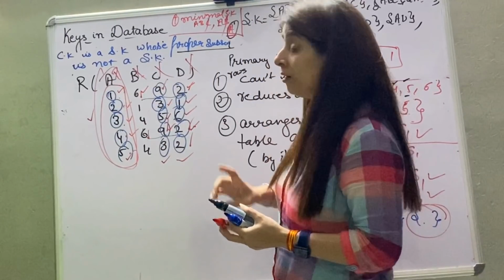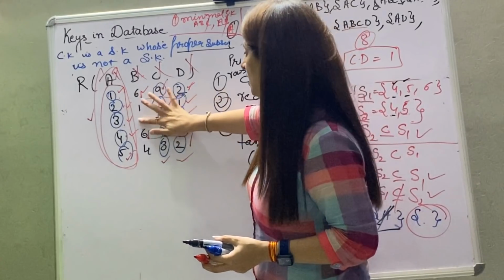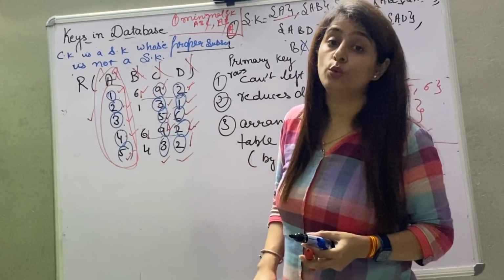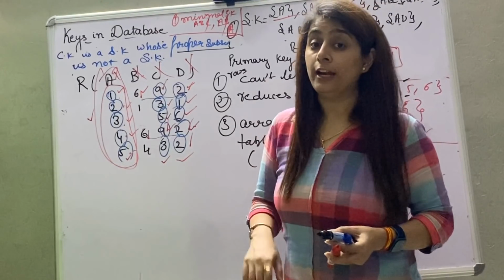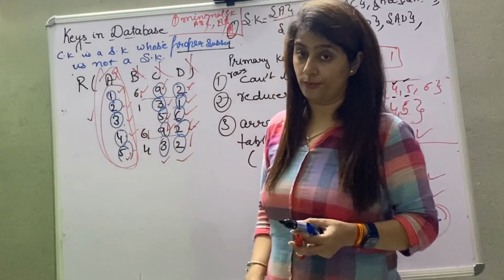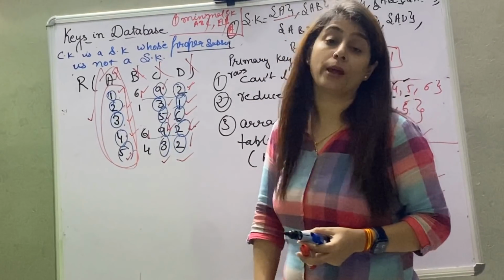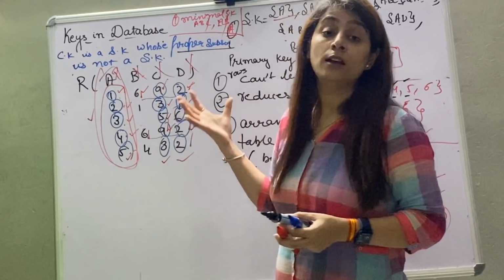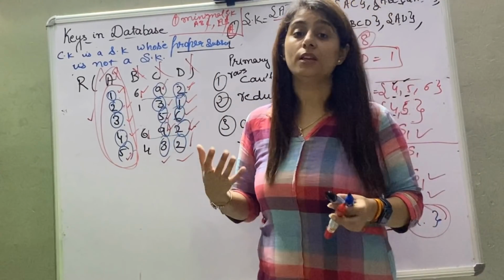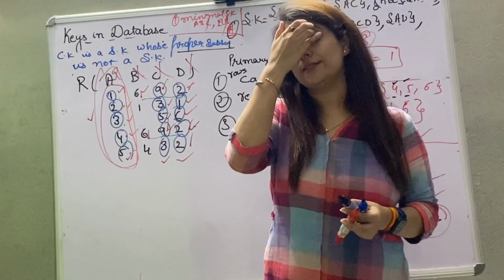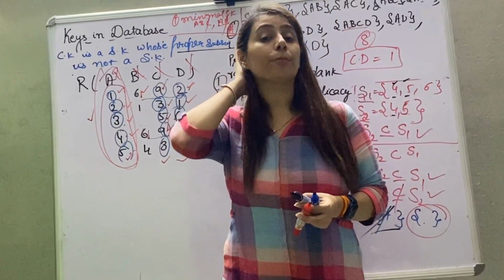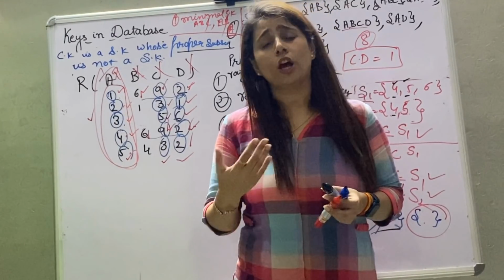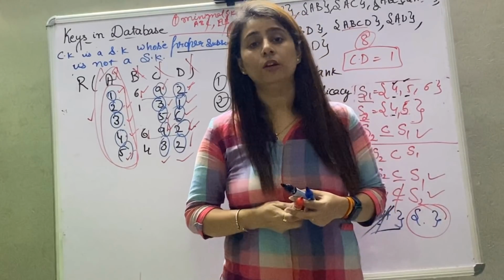Clear? And suppose if any data is empty, then it will not allow you to move further unless you make the entry here. This is all about the primary key. These are the important keys, please keep in mind. I hope these keys are clear to you: super keys, candidate keys, and primary keys. Watch the video again and again, and your doubts will definitely be cleared. Okay, thank you.